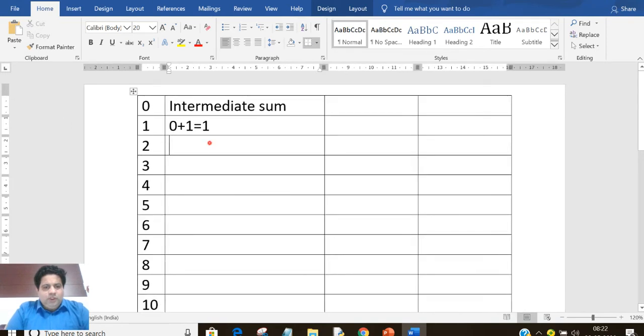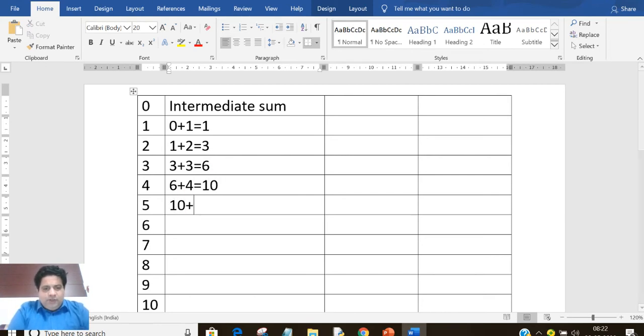Clear? Now again 1 plus 2 equals 3. Then the result is 3. Intermediate sum क्या आया? 3. Then 3 plus 3 equals 6, then the intermediate sum is 6. Then 6 plus 4 equals 10, the intermediate sum is 10.